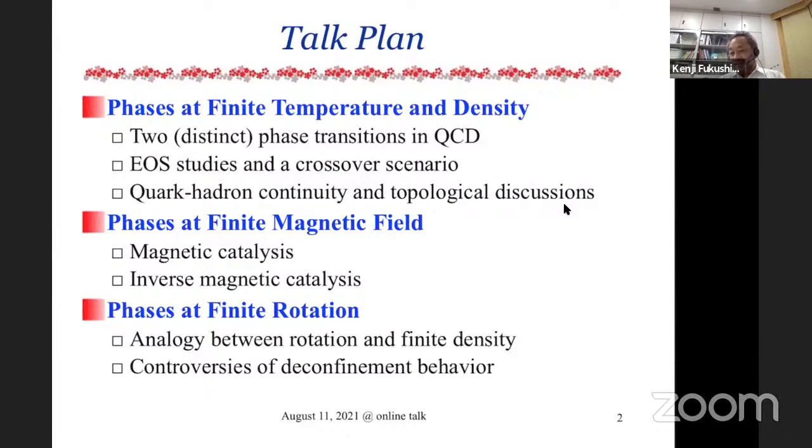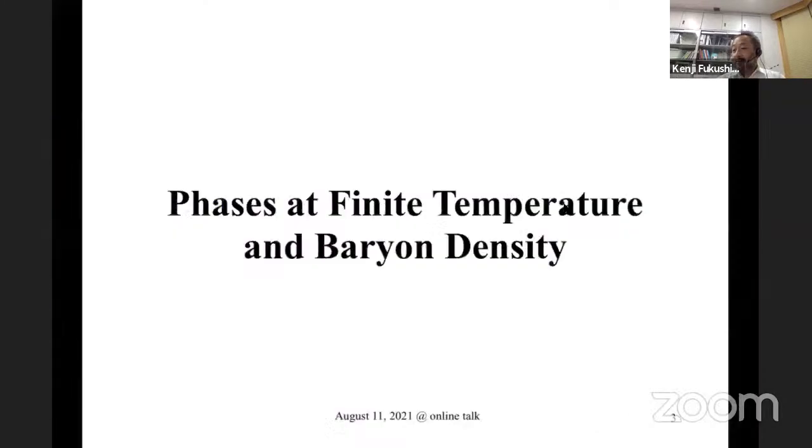These might sound a little bit academic because I will discuss a strong magnetic field limit and also the very fast rotation limit, but they are both motivated by heavy ion collision experiments, realistic nuclear physics experiments. But anyway, there are lots of interesting theoretical things, as I will explain later.